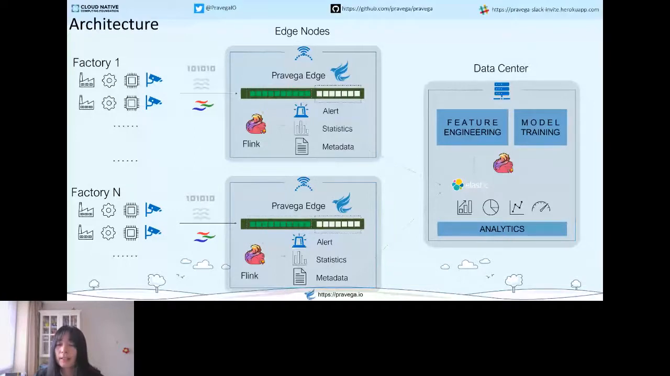Let's take a look at the overall architecture first. The detail of each part will be introduced later. We take each factory as an edge. Each factory can have multiple devices. The video streams are captured from cameras and processed by GStreamer and the AI module. The raw video stream and the detection result will be saved in Pravega. Then Flink reads the Pravega stream for further analysis,